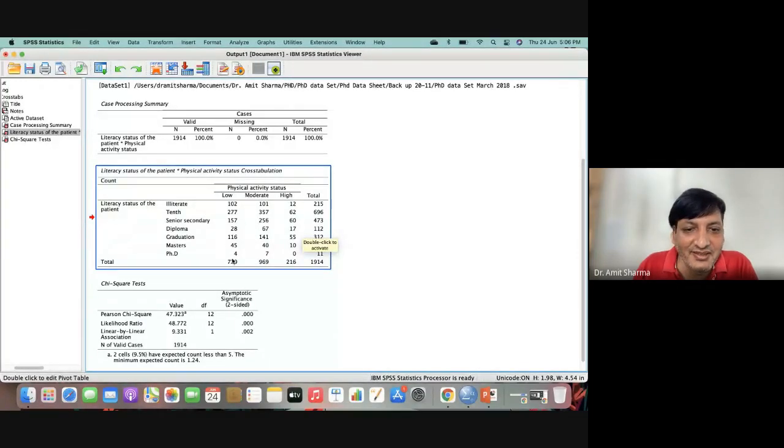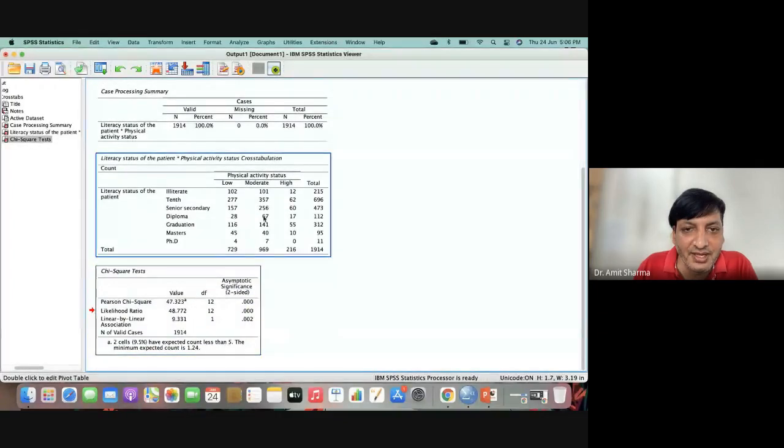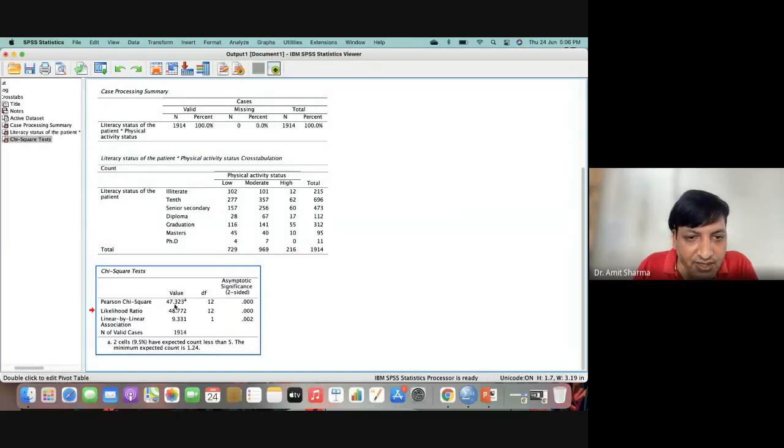And see, like this, but still we have got the result that there is a difference between the groups. Both groups are correlated, and the Pearson chi-square value is 47, degree of freedom 12, and the significance value (2-sided) is 0.000. It means 0.001. Still we can consider that we have got the test significant, but we are not able to code the highest proportion because we don't have any percentage.